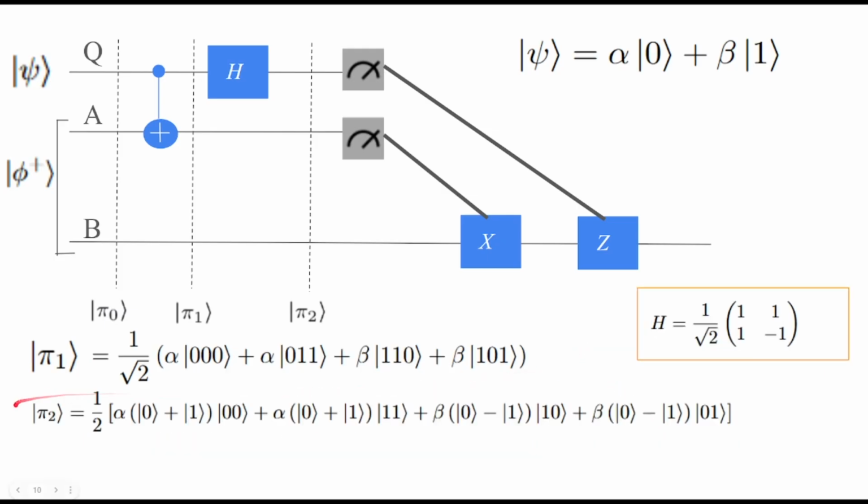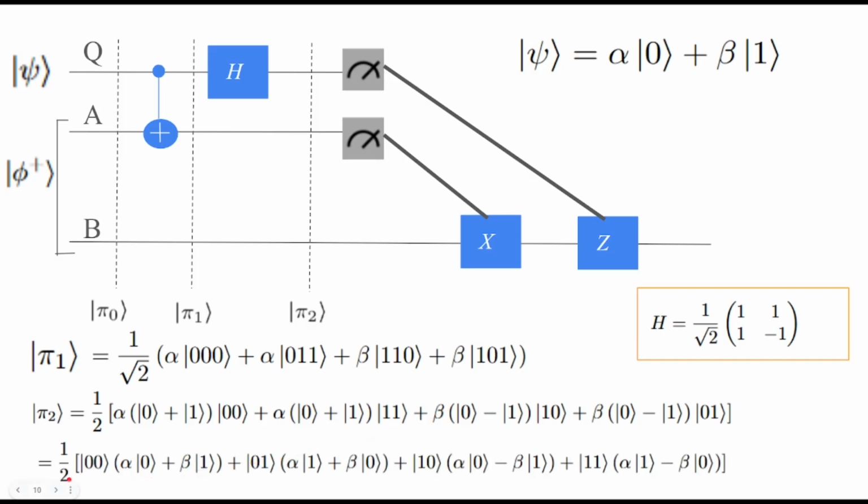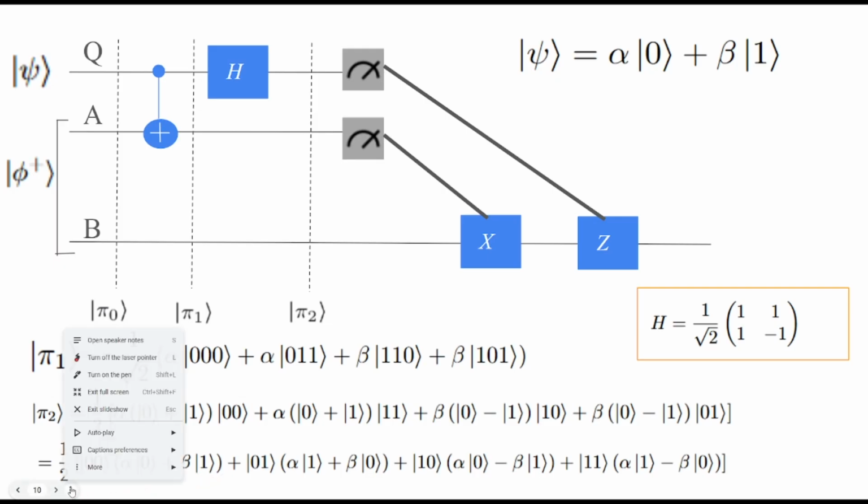Now we'll solve for ket pi 2 by applying the Hadamard gate to ket pi 1, and that is the expression here, denoted by ket pi 2. Also right here we have the Hadamard gate in this orange box, you need to reference it. This expression can be further rearranged and simplified to this. Right here we have 4 outcomes based on qubits Q and A: 0,0, 0,1, 1,0, and 1,1. Each of these outcomes has a probability associated with it, being 1/4 for each one, which can be shown by taking the magnitude of each of those components